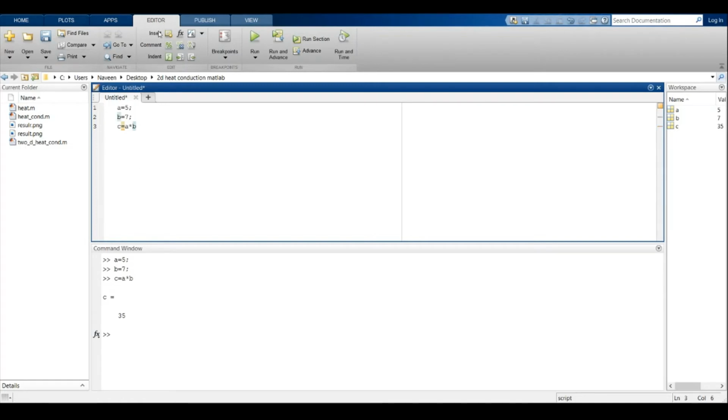Here in this editor menu we can see save. Just click on save and here you can see save, save as, save all, save copy as. Click on save.